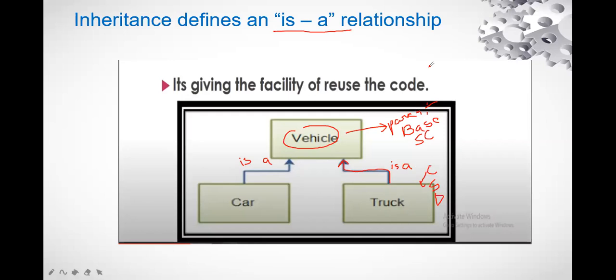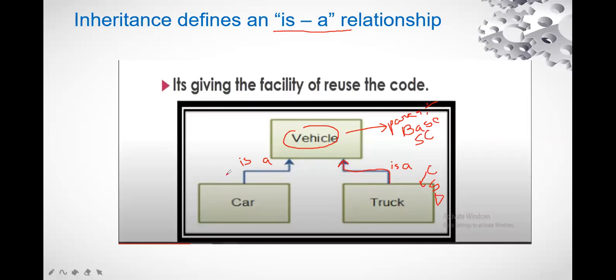Now, why are we working with inheritance? What is the advantage of inheritance? The main feature, or the advantage, of inheritance is that we have the facility of reusing the code. So the main feature is reusability. What is this reusability?